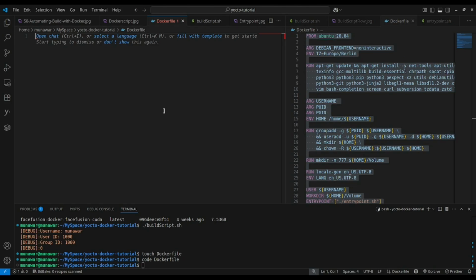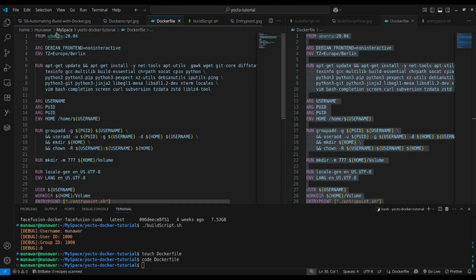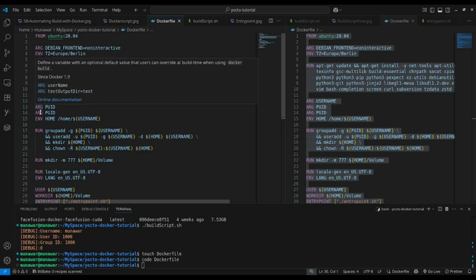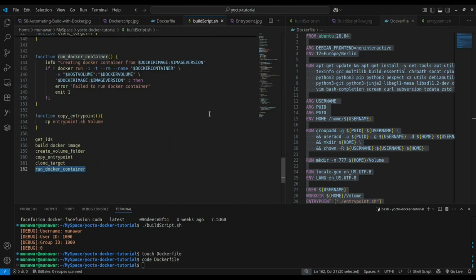Previously, most of the things are from the previous video. I've added some new things. So this is the same, the base image, the dependencies. Previously here, we had the ENV instead of ARGs, and those were hard coded. This time we have these ARGs. It means that these ARG values will come from the build script,